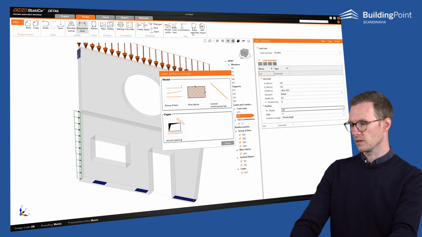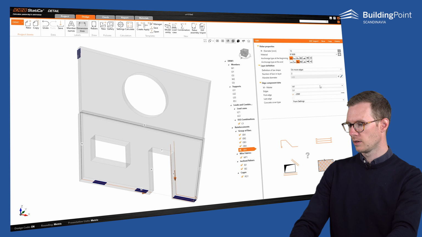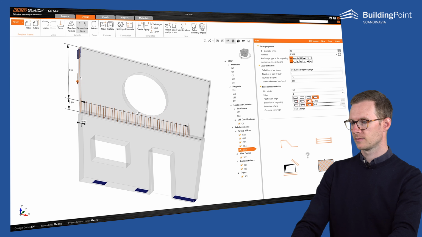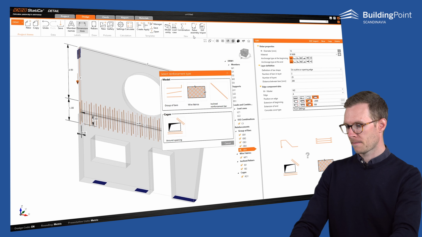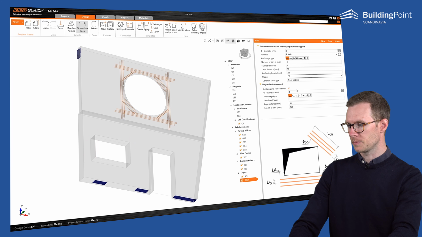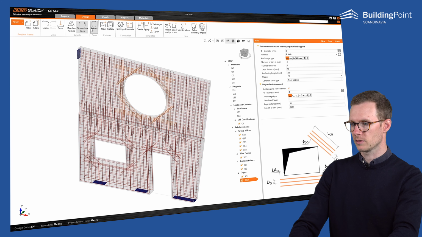And now we can put in some rebar assembly. So let's choose a group of bars and connect the two walls together, like so. And we also need some rebars around the opening, this new opening that we made, and have the diagonal bars overlap with the horizontal and vertical. So we can run the code check,